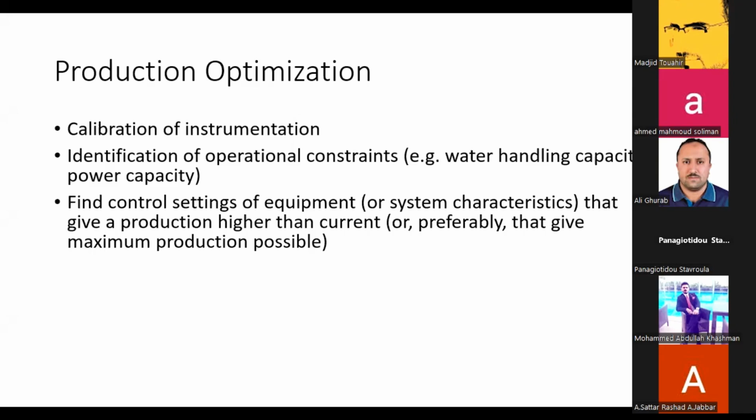So find control setting of equipment or system characteristics that give you a production rate higher than the current. So if you have some behavior in one well and are trying to see the effect of this behavior, for example, if you have a producer surrounded by injector wells, to see that